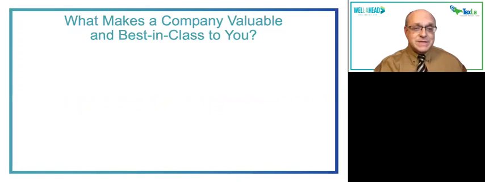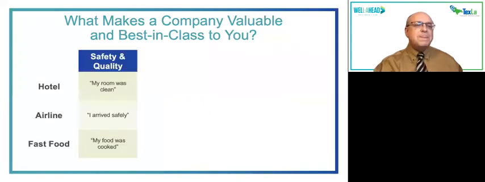So the other thing for me that goes into making this decision is, I want to go to a good place, all right? So I want you to think about these concepts. First of all, we expect for a business that we go to have safety and quality. You expect that. That's a bare, just bottom line, you expect it. If it's a hotel, you expect your room to be clean, correct? If it's an airline, you expect to arrive safely, expect to not crash, right? And if it's a fast food place, you expect your food to be cooked.